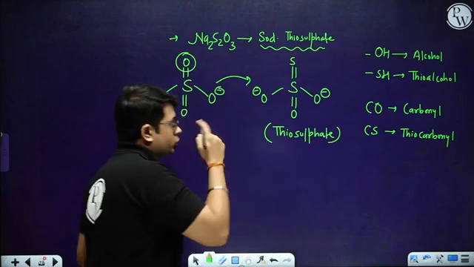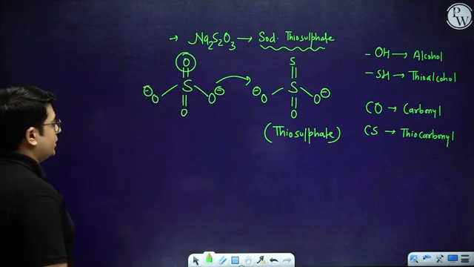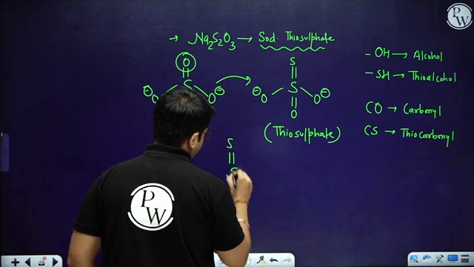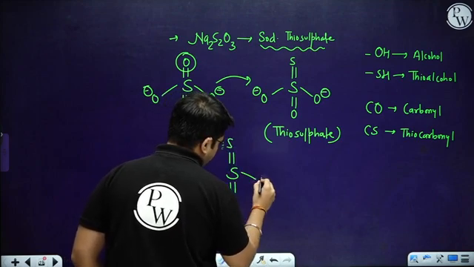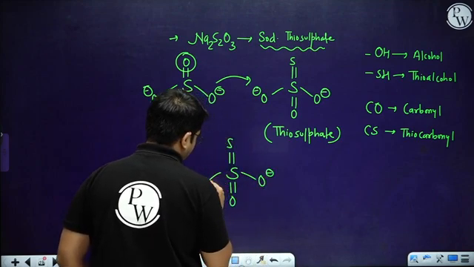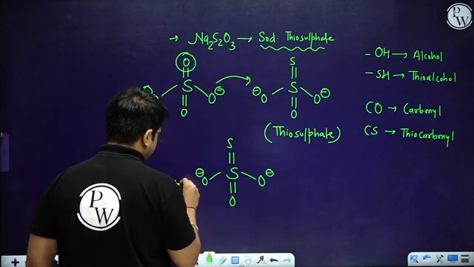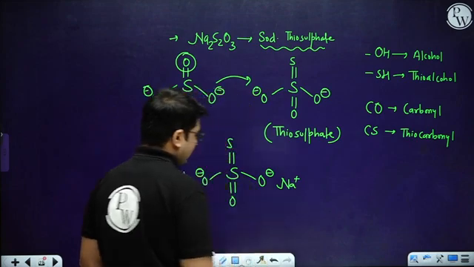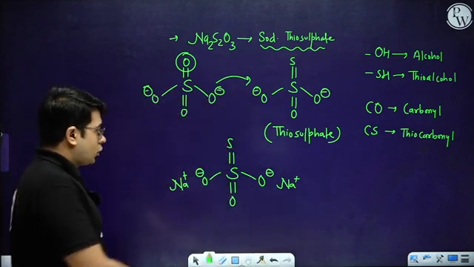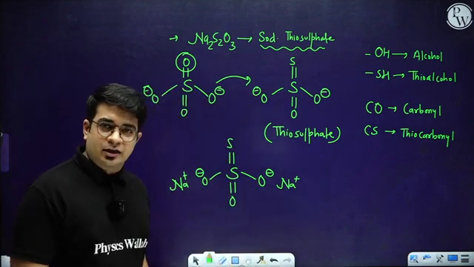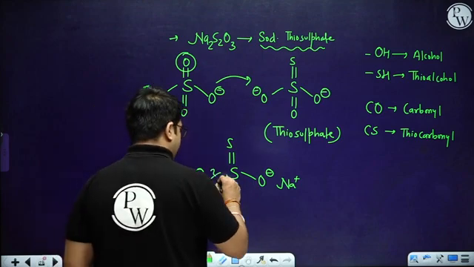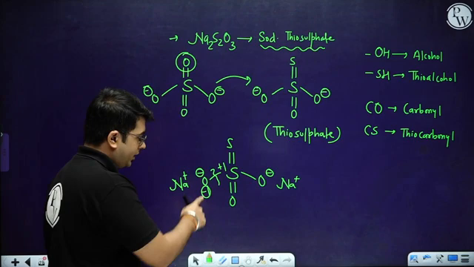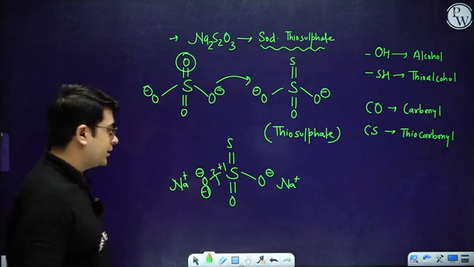Okay, so if I talk about the structural analysis, I can say that will be S, double bond S, double bond O, oxygen negative, compensated by Na positive as well as Na positive. Okay, oxygen and sulfur, which one is more electronegative? Definitely oxygen. So it means this is +1, this is -1. Okay, -1 -1 -2, oxygen complete.